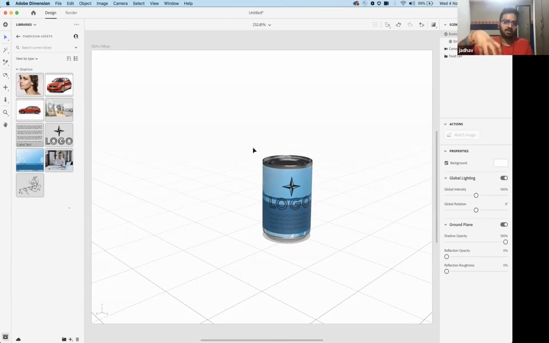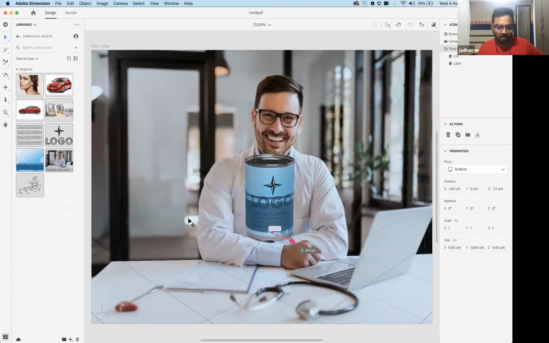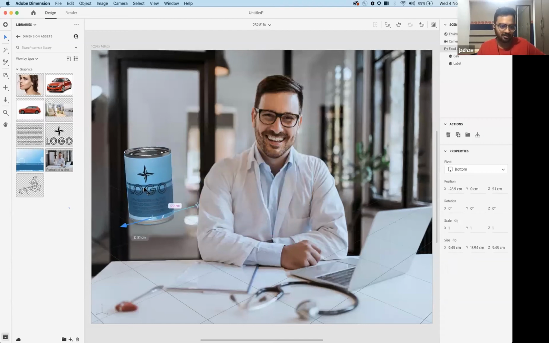Now I want to put this medicine on the table of the doctor who's prescribing. Now I cannot go outside because the COVID situation is there. So I can use an Adobe Stock image. This is one of the images which I already bought. I'll click so that the image will be on the backdrop, and I can just put this on the table. So now it looks like he's actually... but it doesn't actually look like it's on the table.